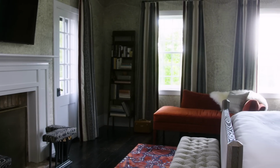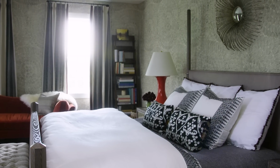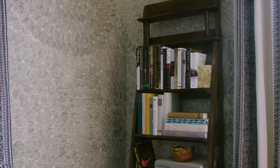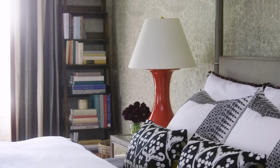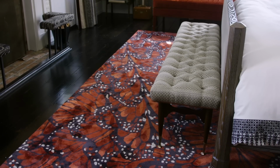This is our master bedroom. I mentioned before that I love prints, and I think this is sort of like a culmination of my obsession. I think the trick with working with lots of different fabrics is to really stick to a color palette. So in here, it's really about the black and the cream, and then this sort of burst of burnt orange. And if you stick to that, you can kind of have a lot of variety in the prints that you